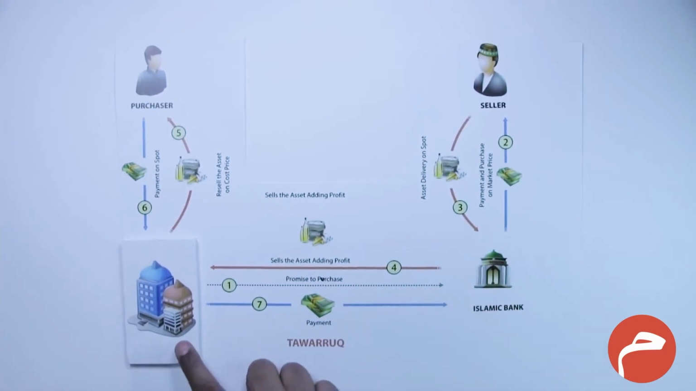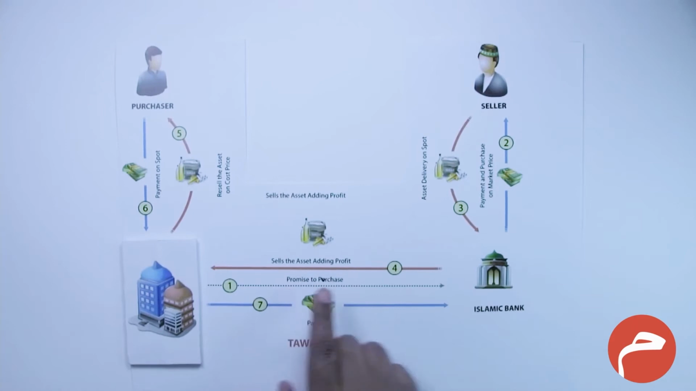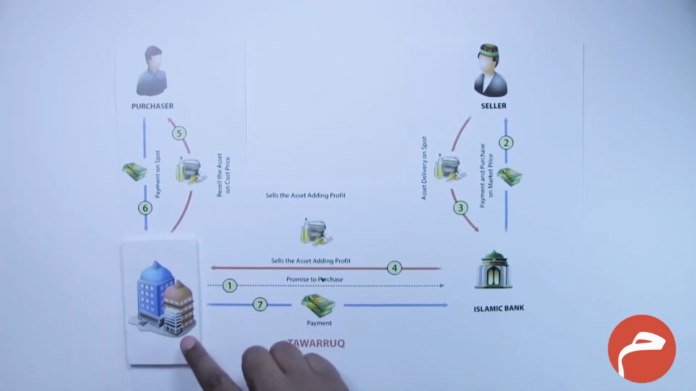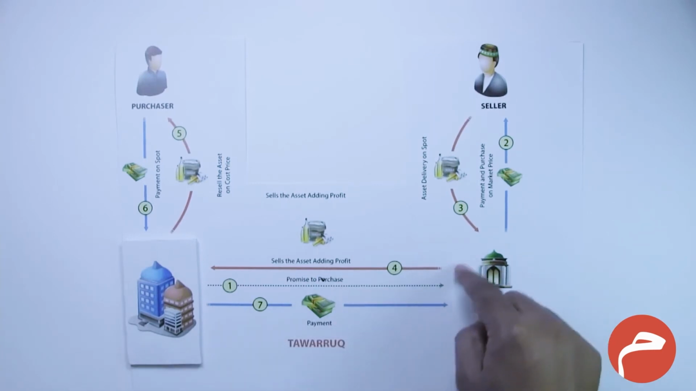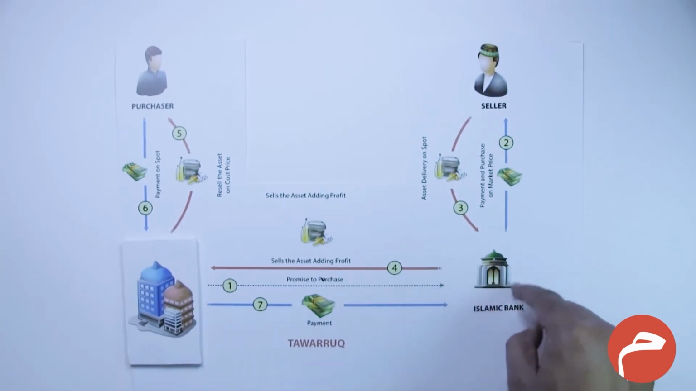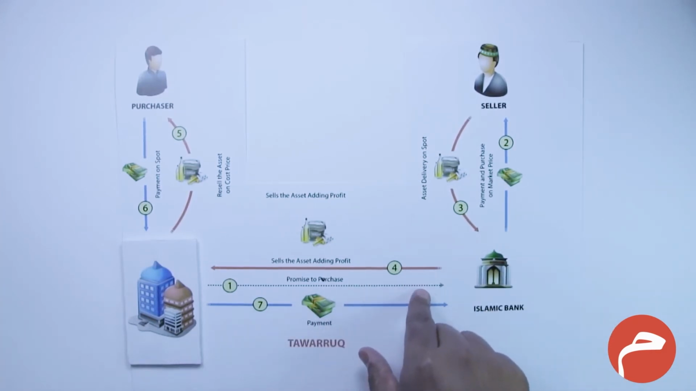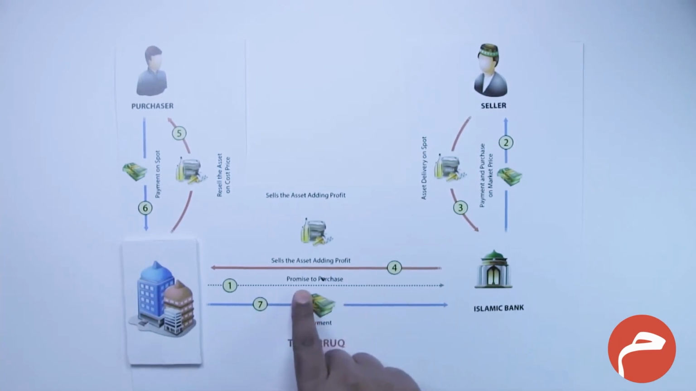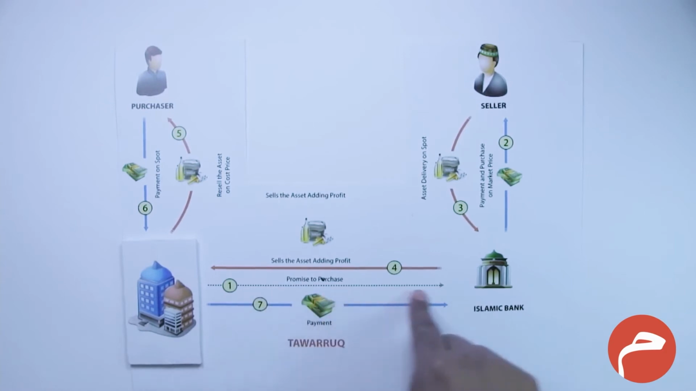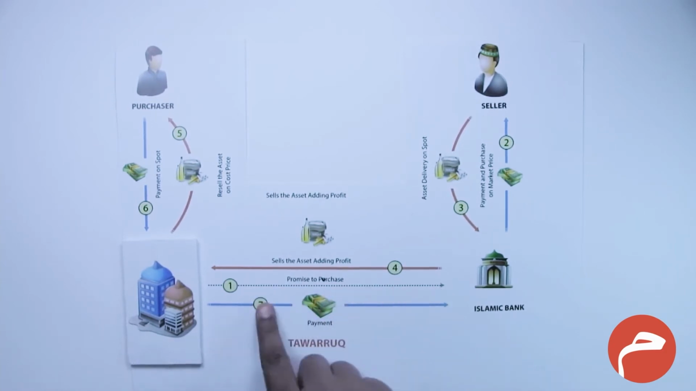And the first step is that this corporate provides a promise to purchase to the Islamic bank, mentioning that in case the Islamic bank purchases certain specified goods or commodities, then this corporate would in turn purchase those goods or commodities from the Islamic bank. So this in a way gives certain comfort to the Islamic bank to go ahead and make the purchase. So this is step number one. Some institutions require this and some institutions do not require this, but generally there is this promise to purchase in this structure. Once the promise to purchase is given, which is a unilateral promise given by the company to the Islamic bank,